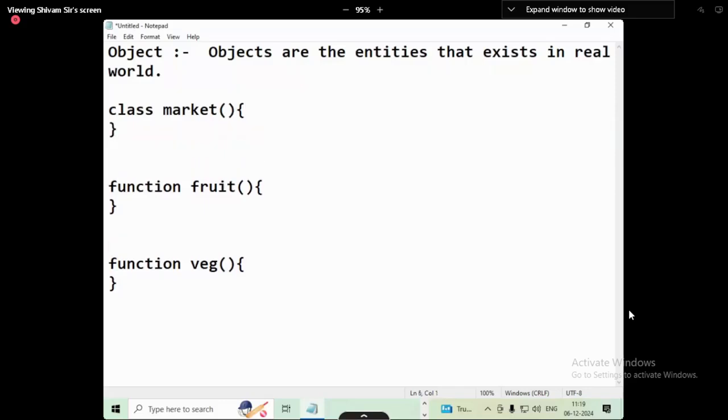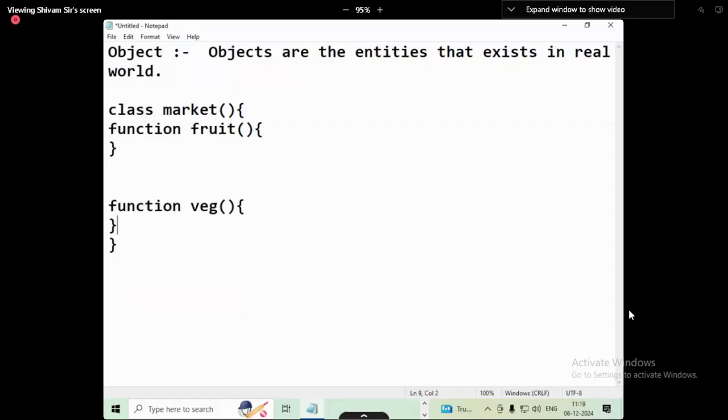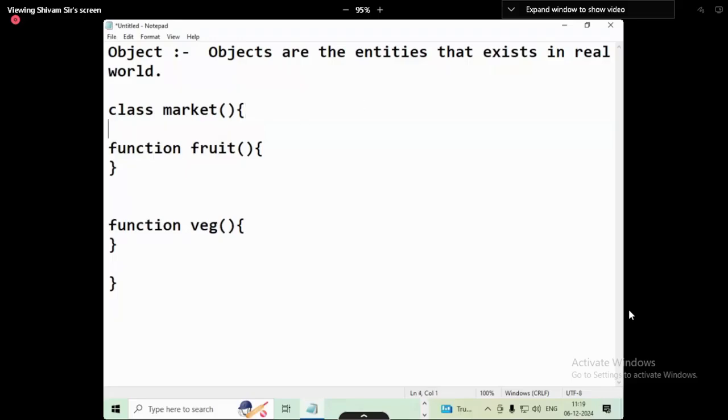You have to go to market for both the cases. So why don't you finish both the tasks in one go? Why go again and again? Now this is what classes and functions are. One class will collect all the objects and bind them together. Understood now? Now let's come down to